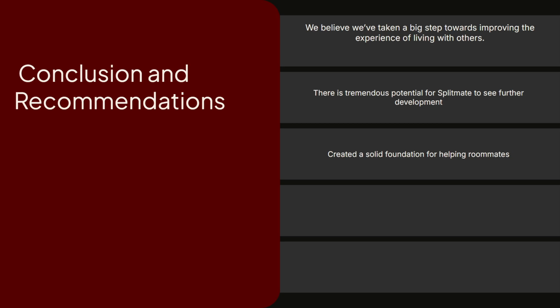So these recommendations offer a clear path towards improving Splitmate by keeping the focus on what users need and value. They also create opportunities for the app to expand into new areas, reach a wider audience, and stand out in a competitive market. By testing the app in real households and making changes based on feedback, we can make sure Splitmate truly delivers on its goal of making shared living easier and less stressful.